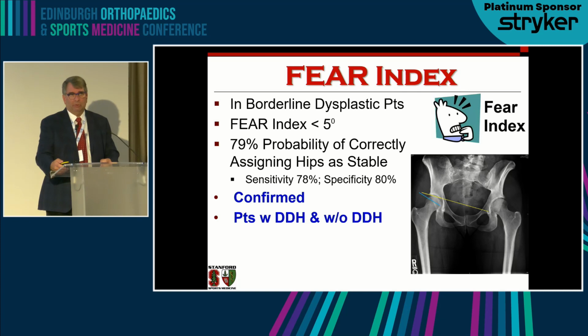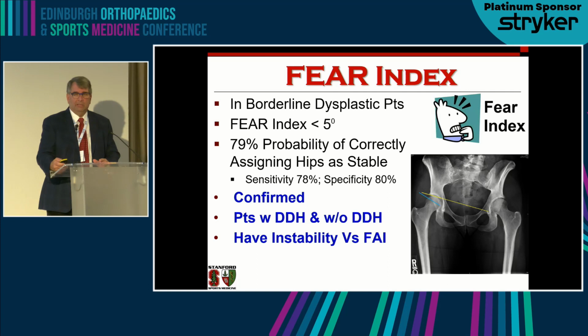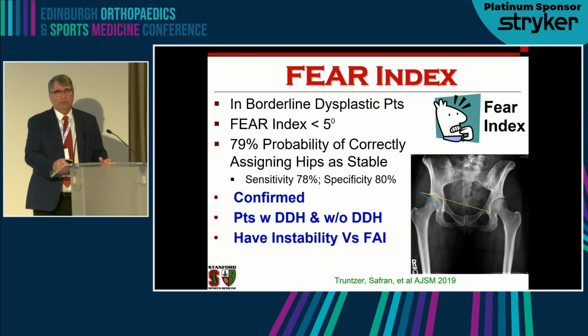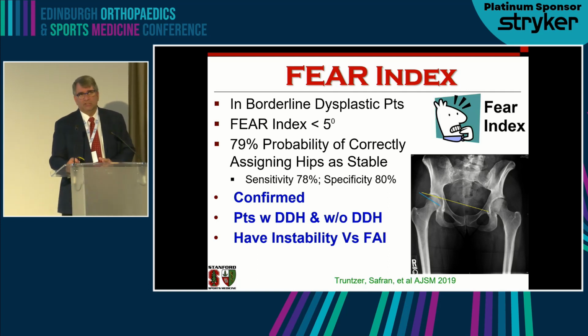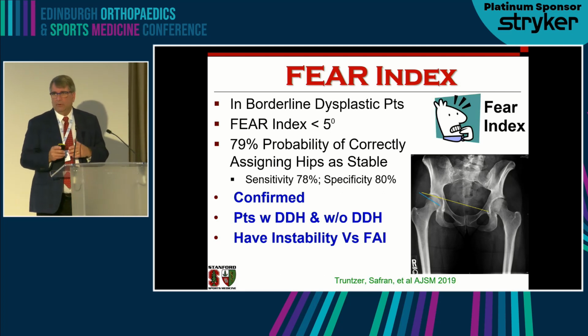We looked at a bunch of patients that did have dysplasia and did not have dysplasia, also compared instability versus FAI, and also found that the FEAR index is helpful in deciding if somebody has instability or not, but I don't think that number 5 degrees is consistent across the board, and I think that's been an issue with